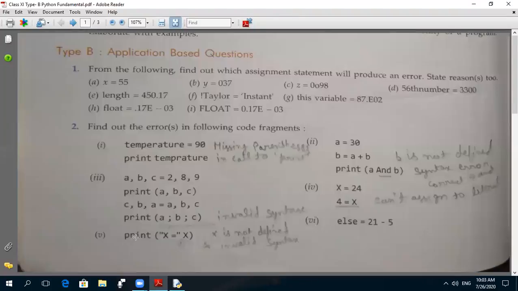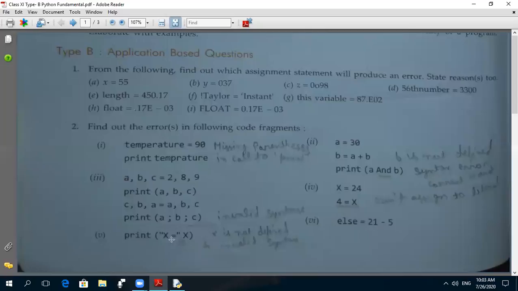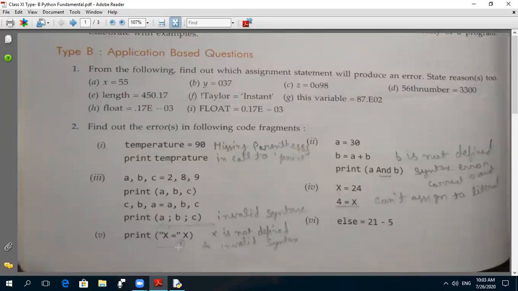Next, this example. Print x equals, double quotes open, double quotes close. From here till here, this is a message. It will display as it is. Then x will display the value of a variable. But in between there is no separator. What do we need? A separator.